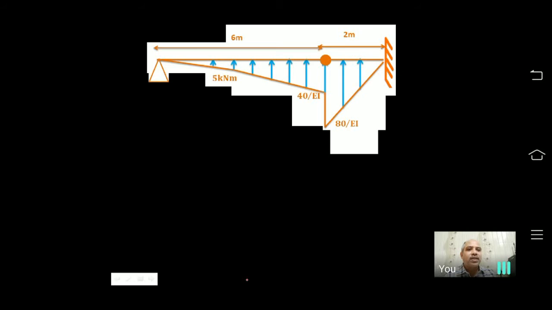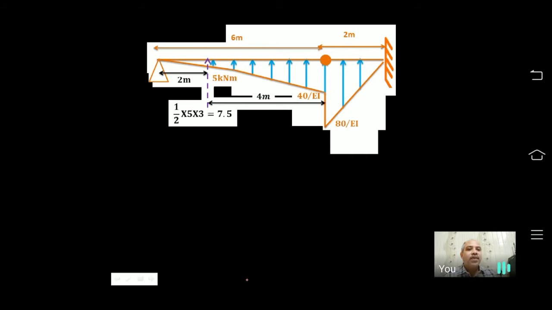So arrows, you can see that arrows are towards tension. Now once we have this, we are going to get these values as 1/2 pi into 3, that is 7.5. Where will it act? This will act at a distance 2 meter from right side, because 2/3 of 3 becomes 2 meter. So if you find it from internal hinge, then that becomes 4 meter.